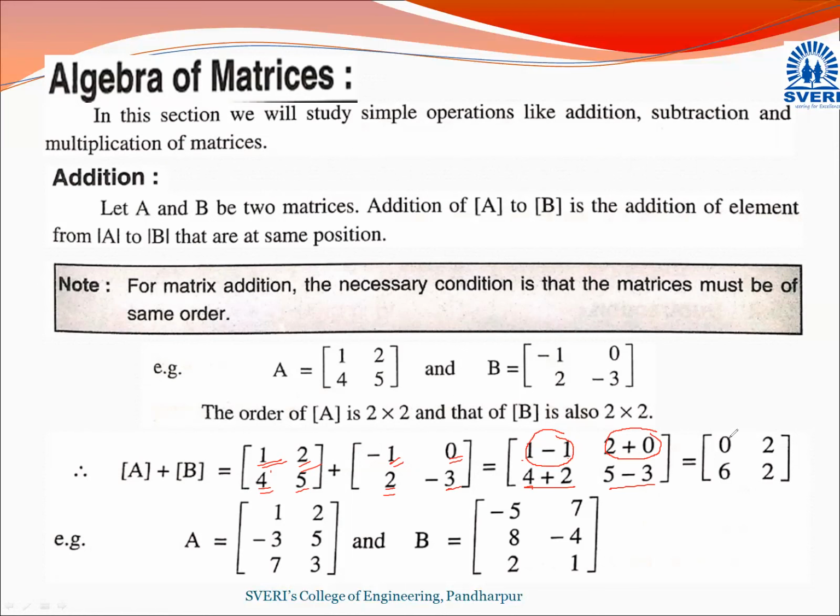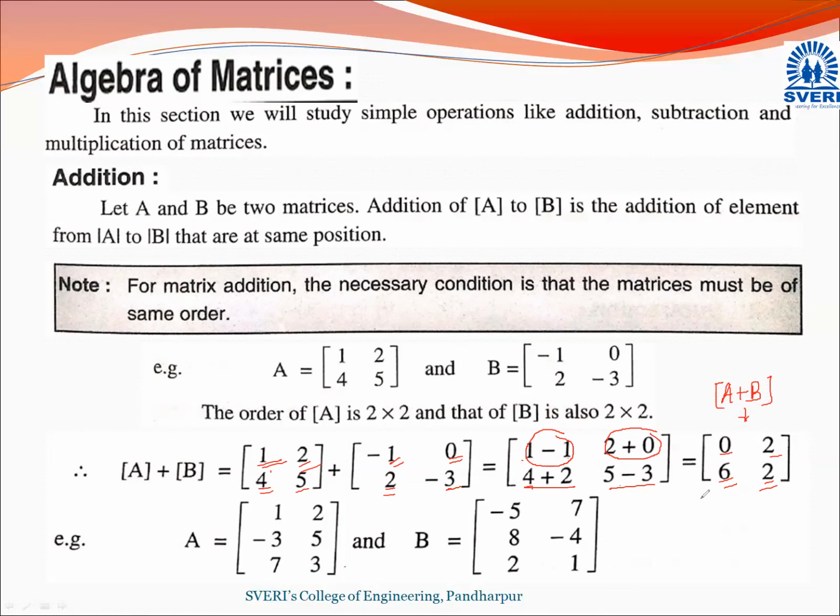So 1 minus 1, 0. 2 plus 0, 2. 4 plus 2, 6. 5 minus 3, 2. So here we can add matrix A and matrix B. The result is here, A plus B. Matrix A plus matrix B is equal to 0, 2, 6, 2. In the same way, we can add